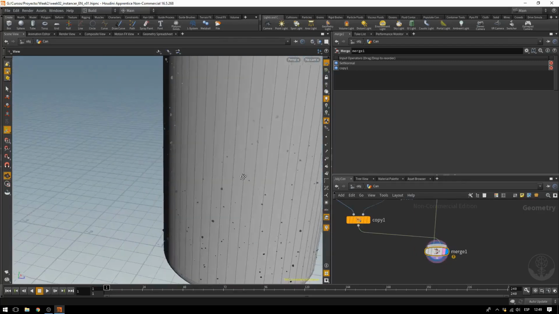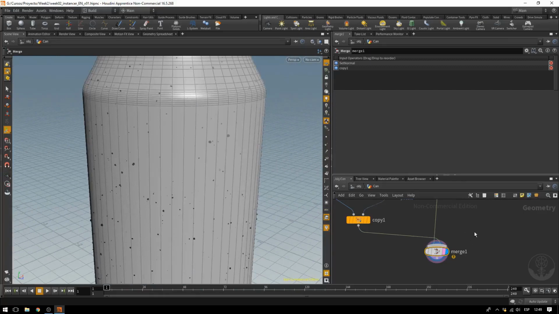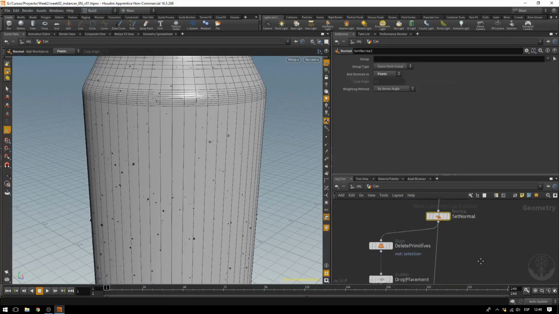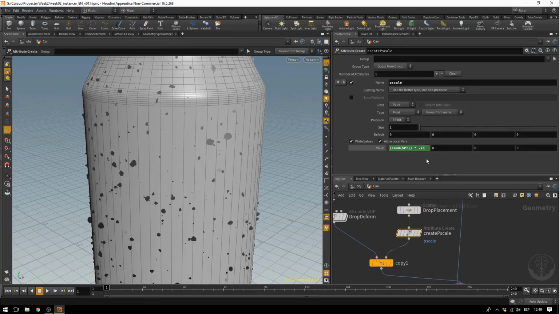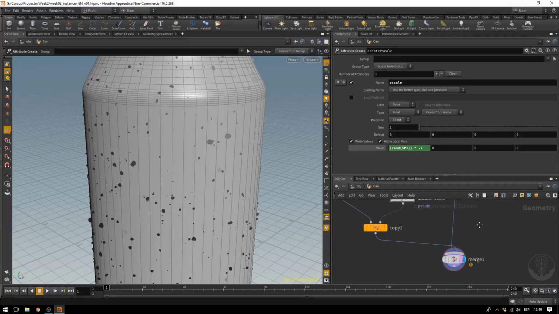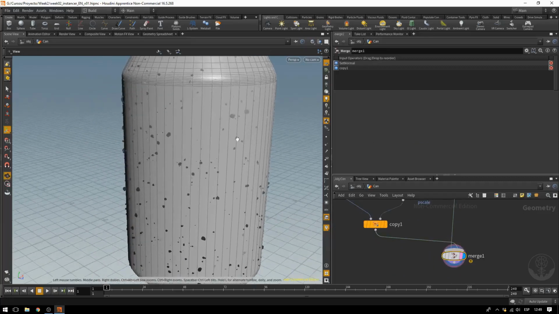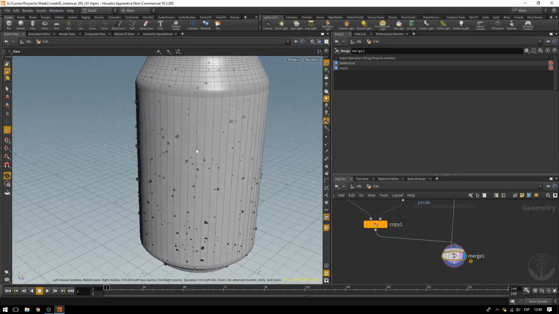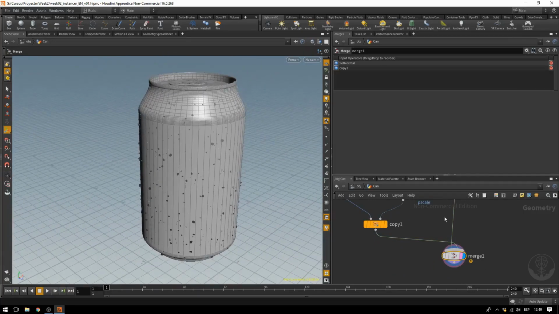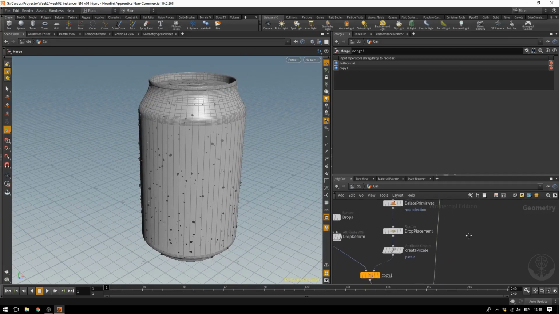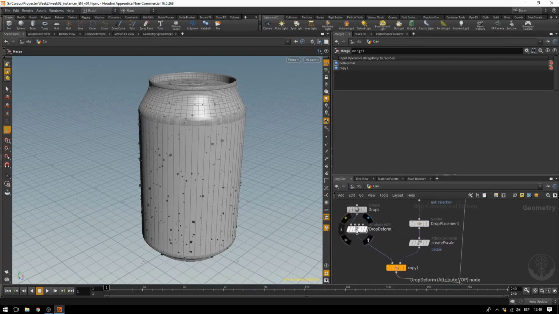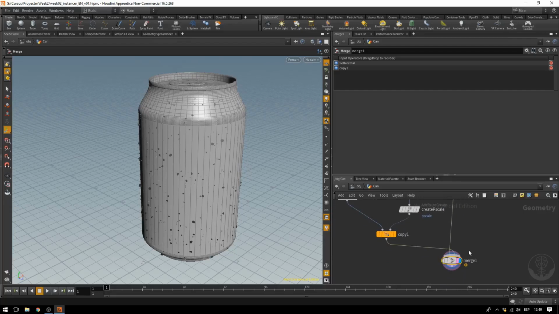And now we can see our drops over the surface. Probably it will be good to make a larger scale. Not that big. Okay. So here we have our nice random drops. Now it depends on you just to play around a bit. You can change the scatter, you can change the size, you can play around with the turbulence inside here, you can do a lot of stuff. So just take some time,